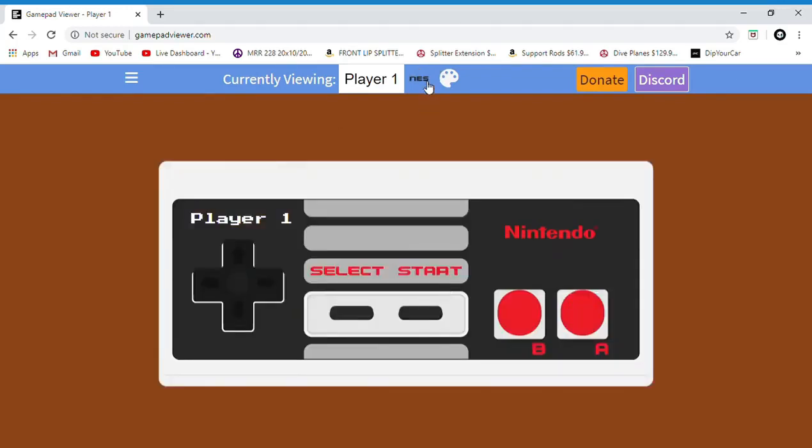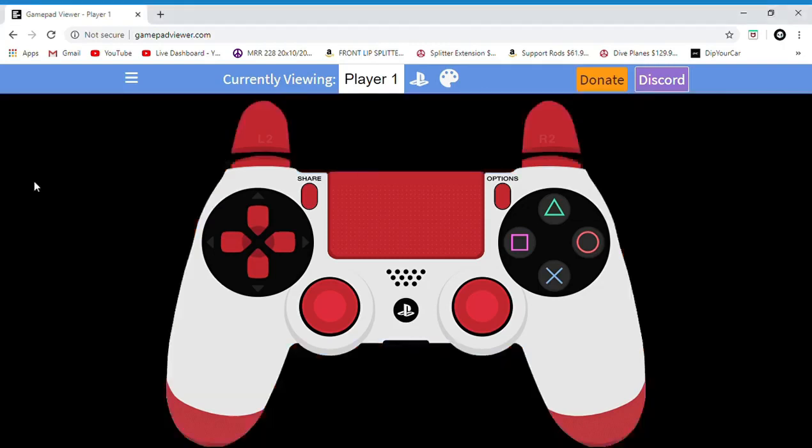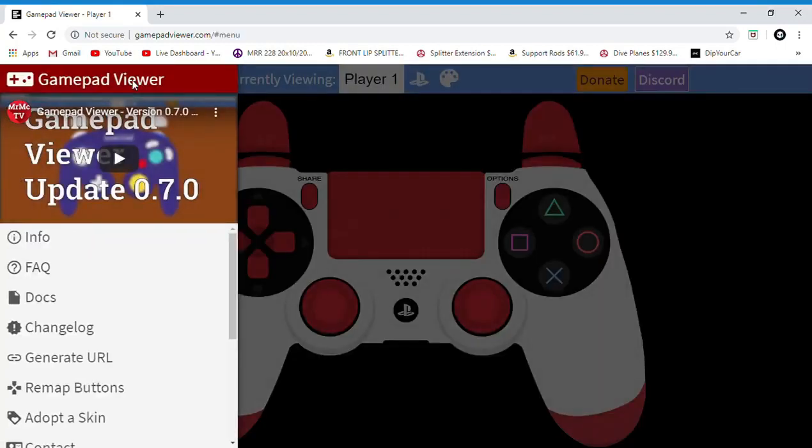Alright y'all, we're towards the end of the list. Now I'm just gonna go ahead and click my original, which is the PS4. I chose white because it's the best, because when you use the black one it's hard to see. So basically when you hit the little art pad, that's basically the background that you can choose. Instead of having the one that was selected, I just decided to go ahead and use black, because it will bring out the controller and it'll be more easier to see